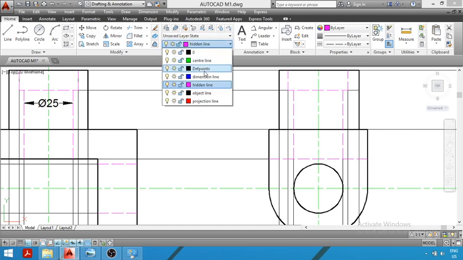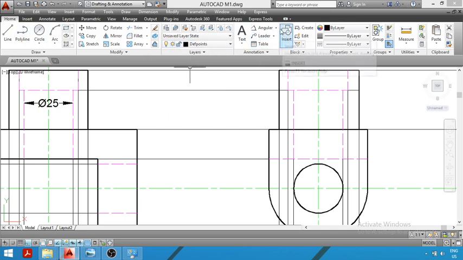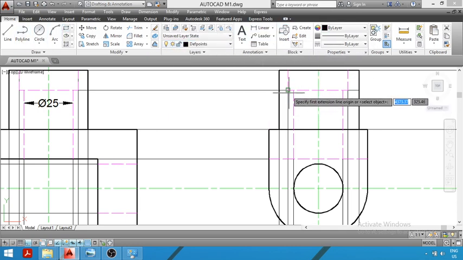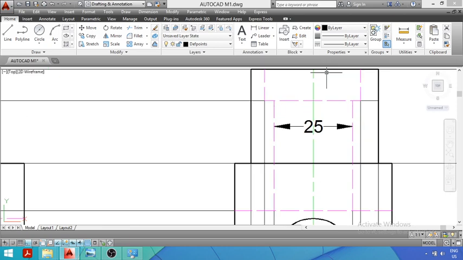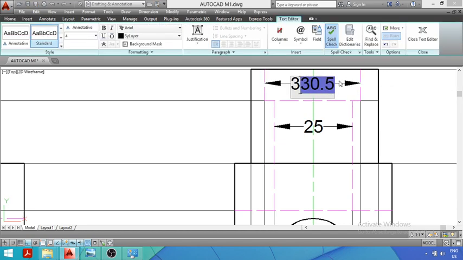Now I will give the dimension so that you can understand what we have drawn exactly. So the dimension of the lower hole is equal to 25 mm. You can see I will give the dimension here. So you can see we have constructed the hole of diameter 25 mm on the lower side, and this hole on the upper side is of diameter 30 mm. We will give the dimension from this point to this point. It should be what? 30 mm. So the diameter is equal to 30 mm.